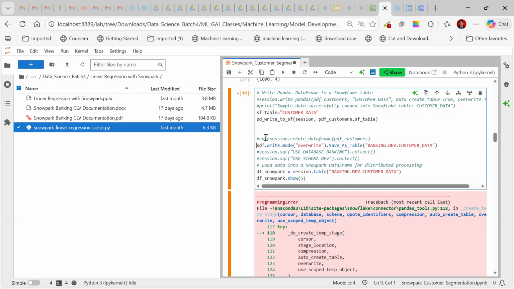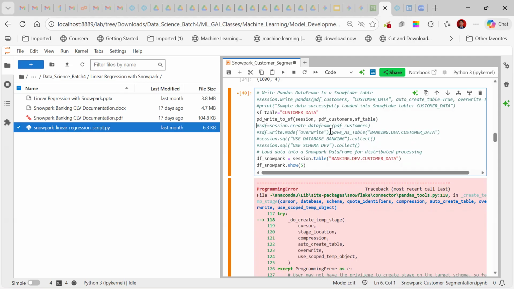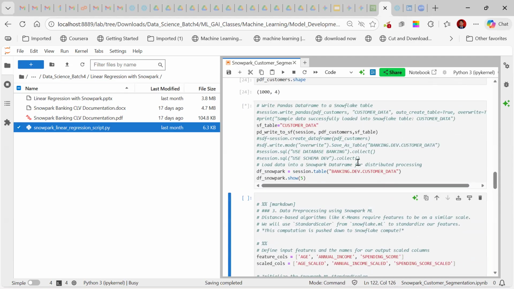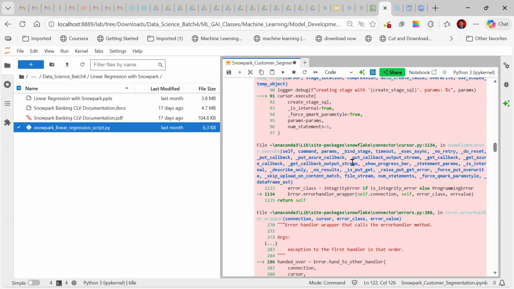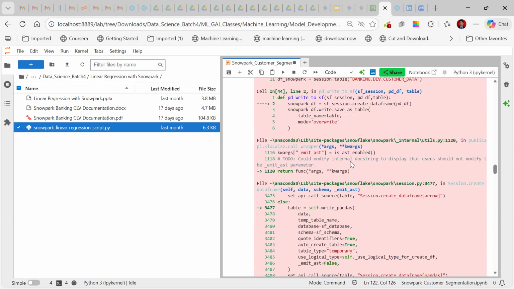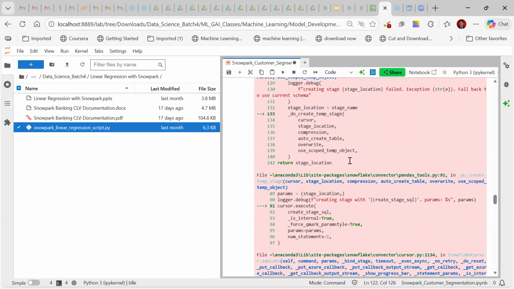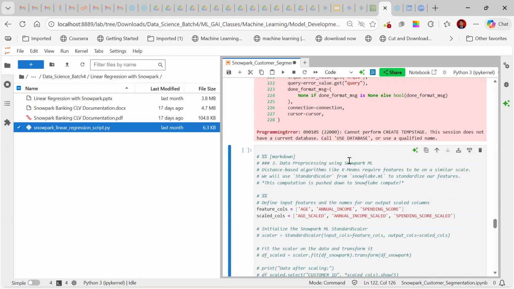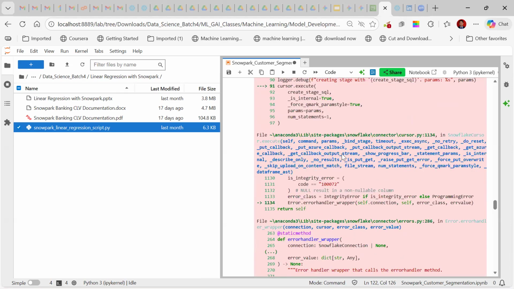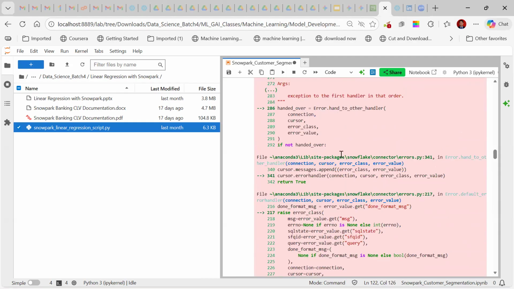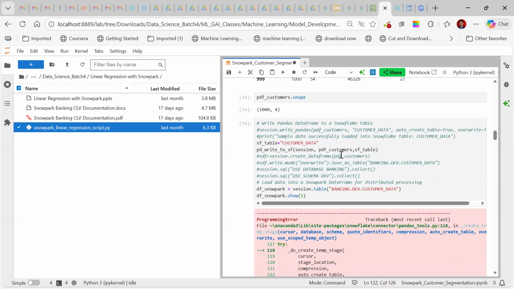Comment this. Now it should work. Let us see. Come on. I'm seeing some change. Current database. Why does it not have any current database?